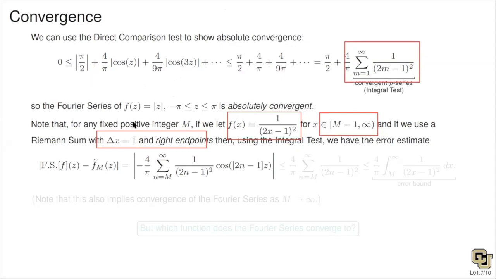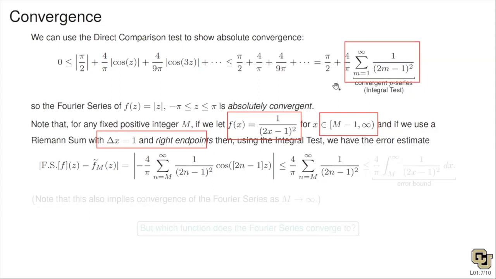In Calc 1, we used the Riemann sum to approximate the integral. Now we're doing exactly the opposite. We're using the integral to give us some information about the infinite sum,